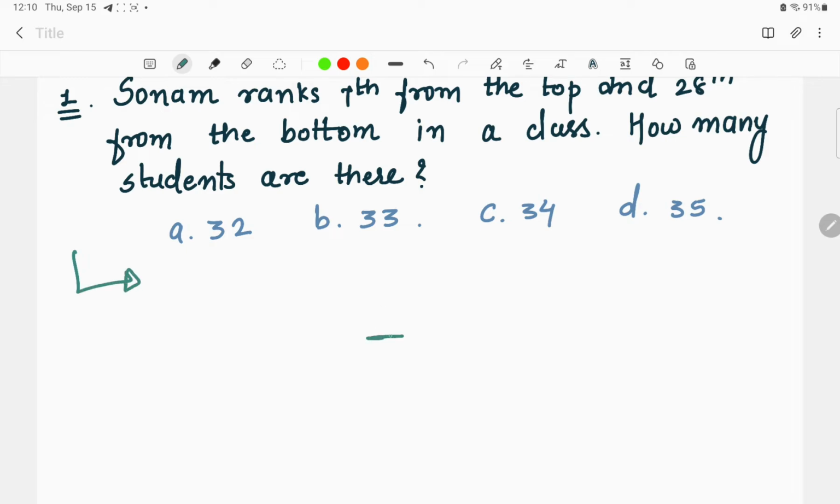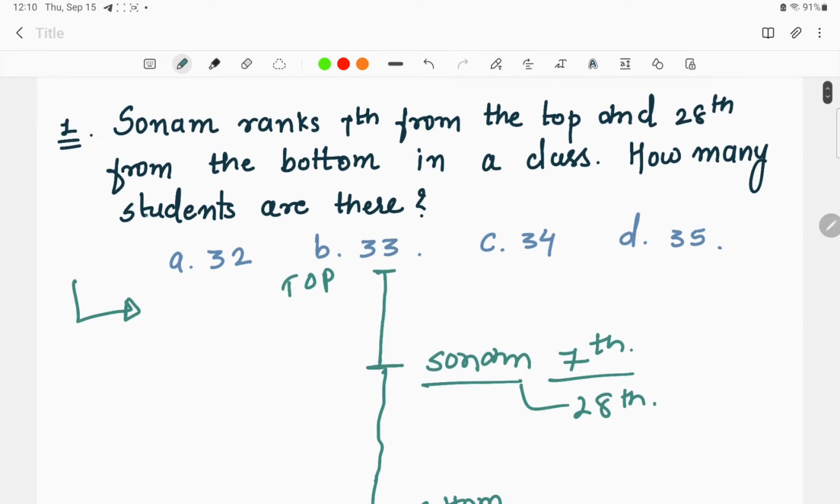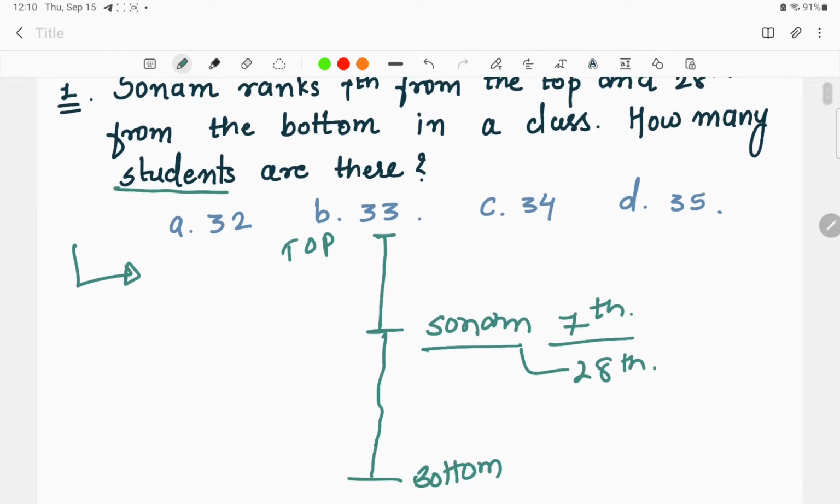Now for example, this is the position of Sonam, and she is ranking 7th from the top. From the bottom, if we consider, she is at the 28th position. This is the top position and this is the bottom position. From top she is at the 7th and from the bottom she is at the 28th position. So basically we have to find the total number of students in the particular row or whatever the class